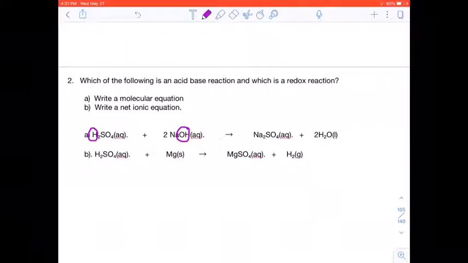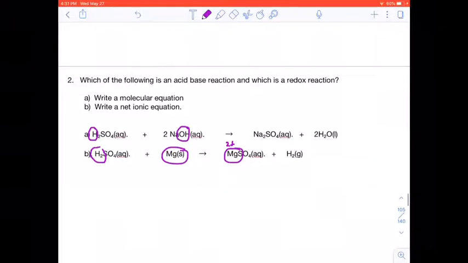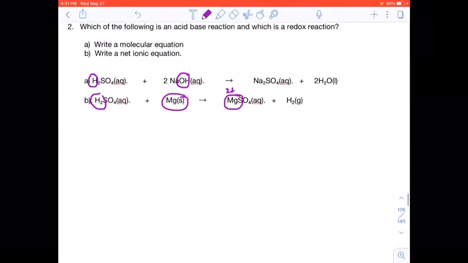And this one here, it's an acid, right? And if we look at Mg, we know Mg is neutral, right? But in here, Mg is going to be 2 plus. So it already gives you a hint that electrons have been lost by the Mg metal, right? So if we want to now write the net ionic equation, we can then write the net